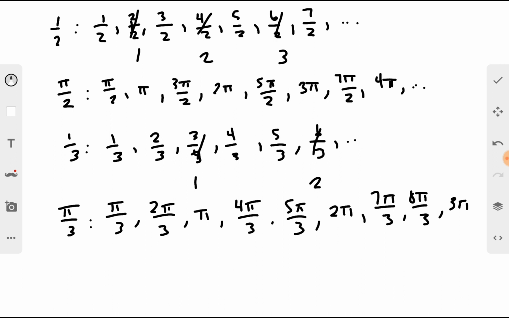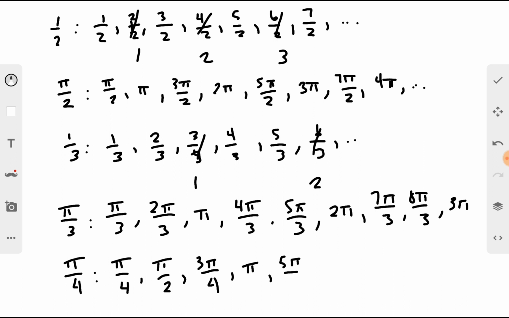Okay, so now without doing the fractions, let's try to count by pi over 4. Let's see if we can do that. Okay, so we're going to have 1 pi over 4, 2 pi over 4, that reduces to pi over 2, 3 pi over 4, 4 pi over 4 is pi, 5 pi over 4,